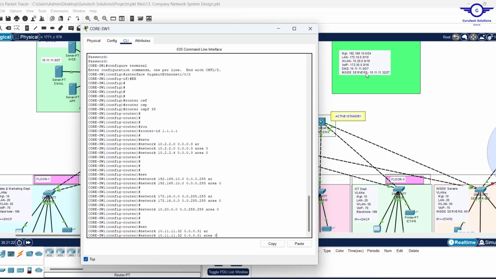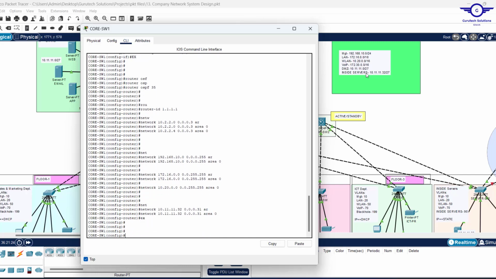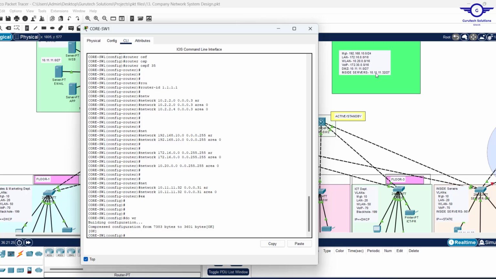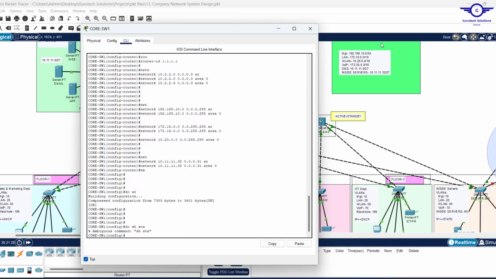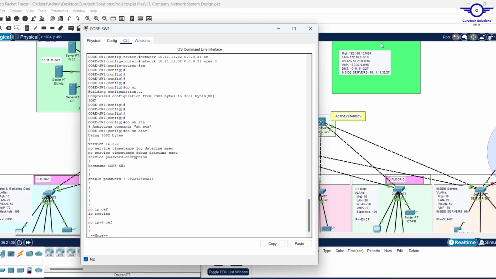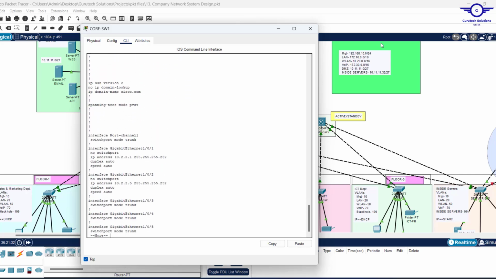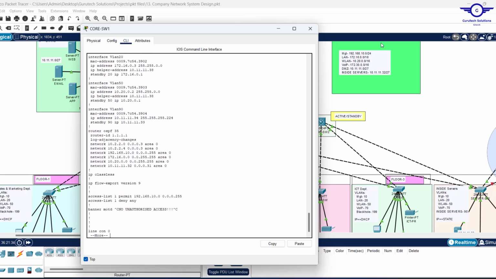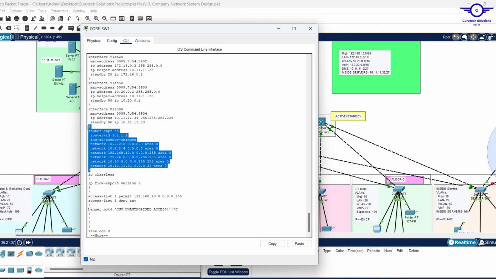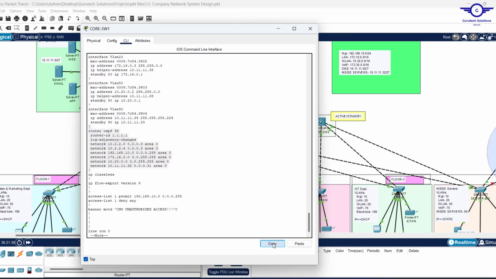Area 0. Exit and do write. So we've advertised how many networks? 4 networks. Do show start. So I want to copy the OSPF entries and paste them to the other switch, because 4 of the networks are similar,